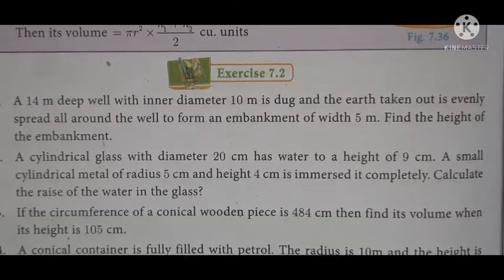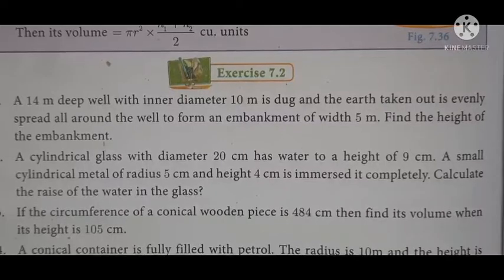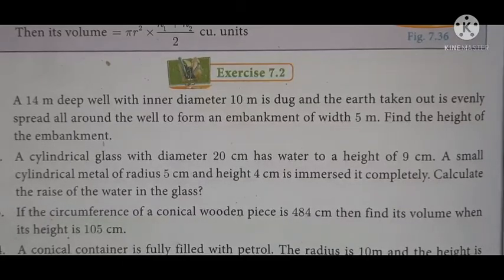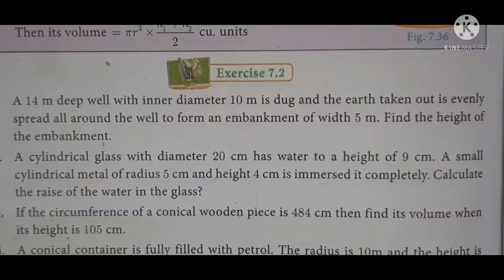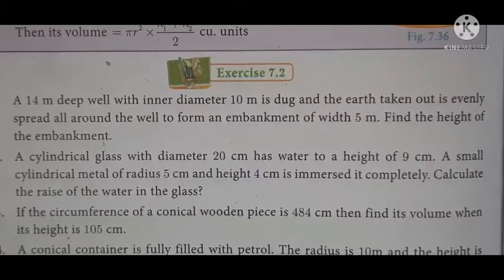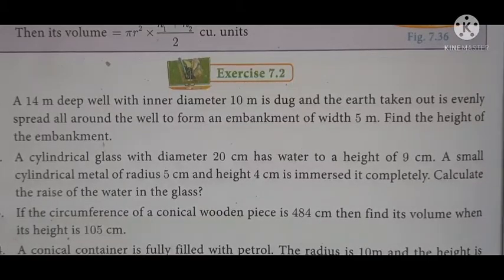A well is dug in the form of a cylinder. The earth is taken out, spread all around the well to form an embankment. Its width is 5 meter. The inner diameter of the well is 10 meter. Height, that is depth 14 meter, is considered as height. To find the height of the embankment,